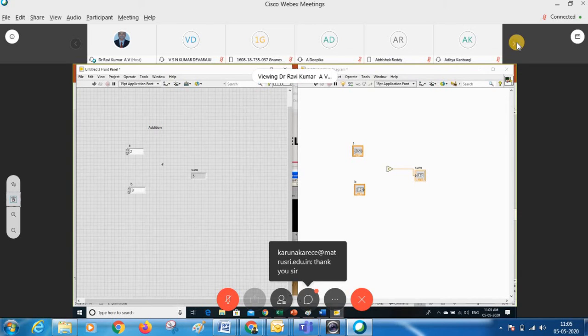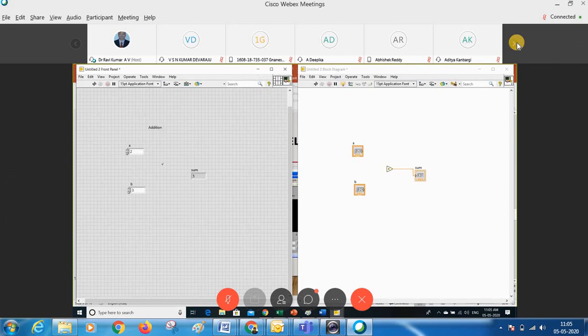In your VI, in graphical programming LabVIEW, we have three data types. Remember, one is numeric, one is Boolean, and another is string. These three are the data types. As we implement any program, declaring variables, it should be numerical, or a string, or a Boolean. These three data types are available. Let me see how you define a variable with respect to its data values.